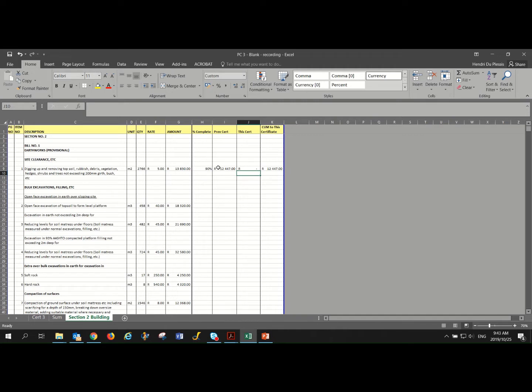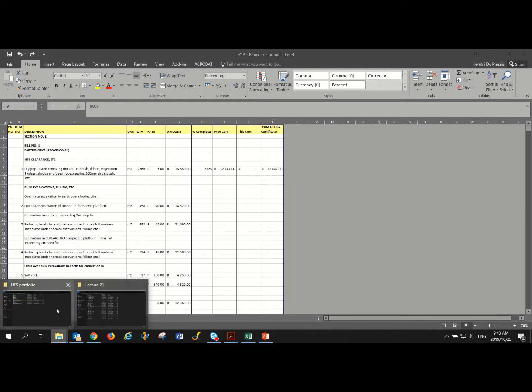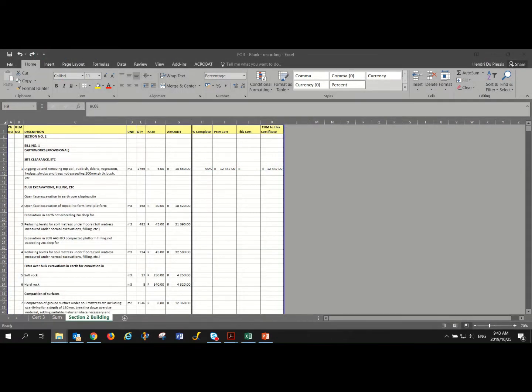So if we change this to 100%, you will see that our cumulative amount changes and our certificate amount actually changes accordingly as well. Okay, so the main thing is to get our previous certificates in place. So I'm just gonna change that back to 90%,